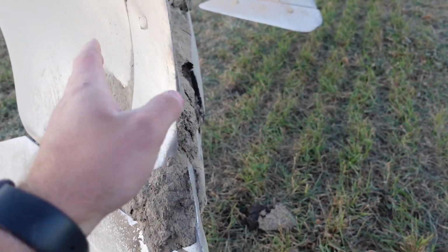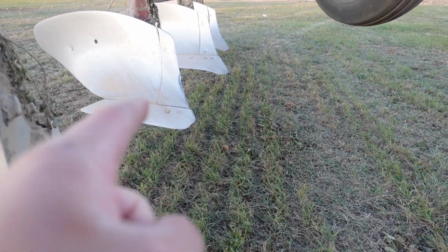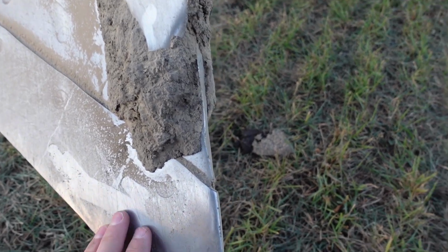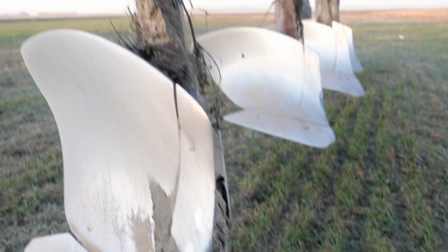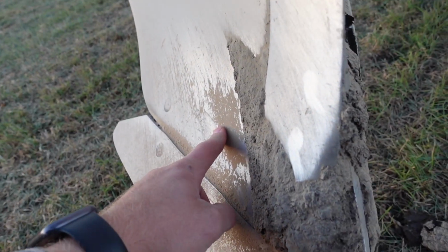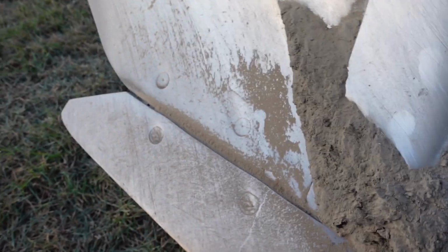So then going to the front here, the shin needs changed. There's dirt inside there. This is the shin. This is the share right here, this bottom piece with the tooth. I'll probably change most of these because, that one right there still has the tooth, but once these get worn down or hit a rock and these chip off, sometimes these springs, I'll go up and show you guys that later. But this is the mold board, and then what it's all attached to is what I call the frog, and that's pretty much just